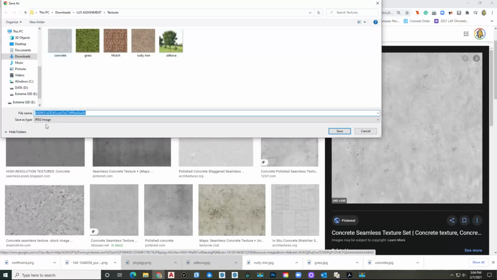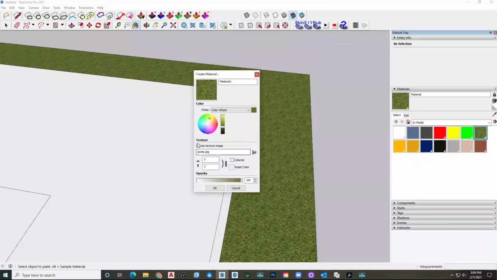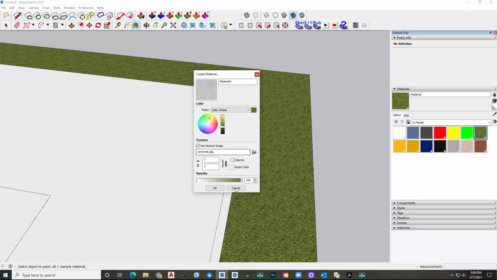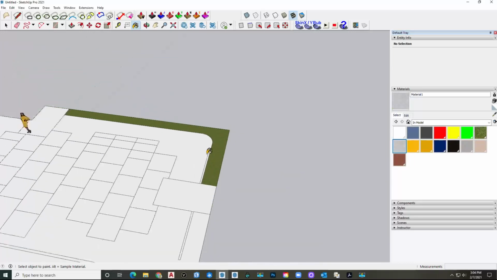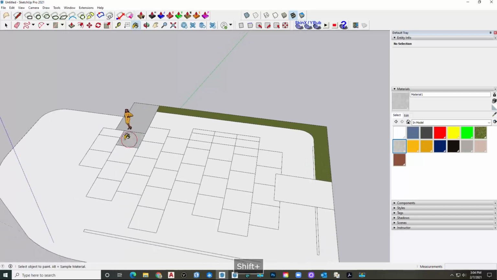You would save it here to JPEG in this instance. When I go back to SketchUp, I'm going to navigate to that, say OK, and this is going to be that primary concrete